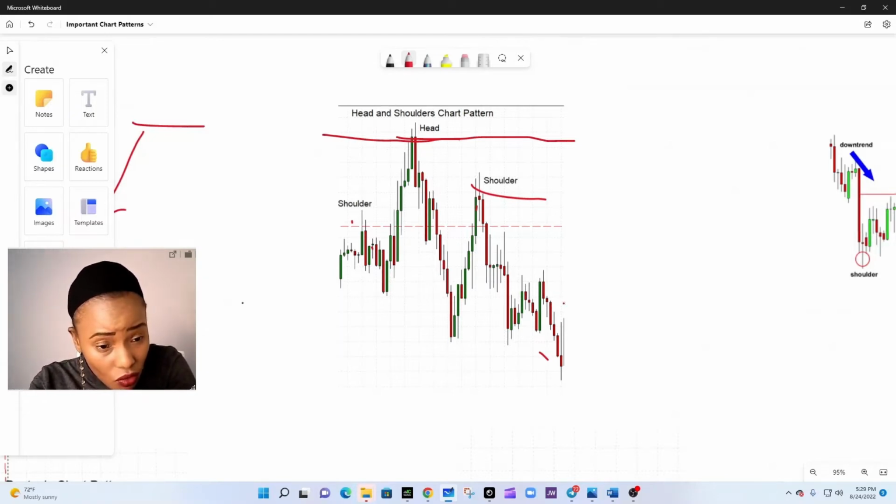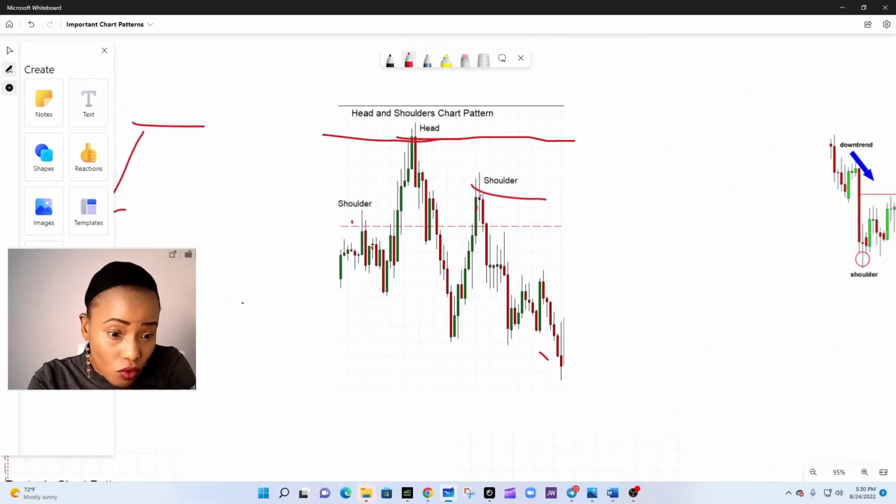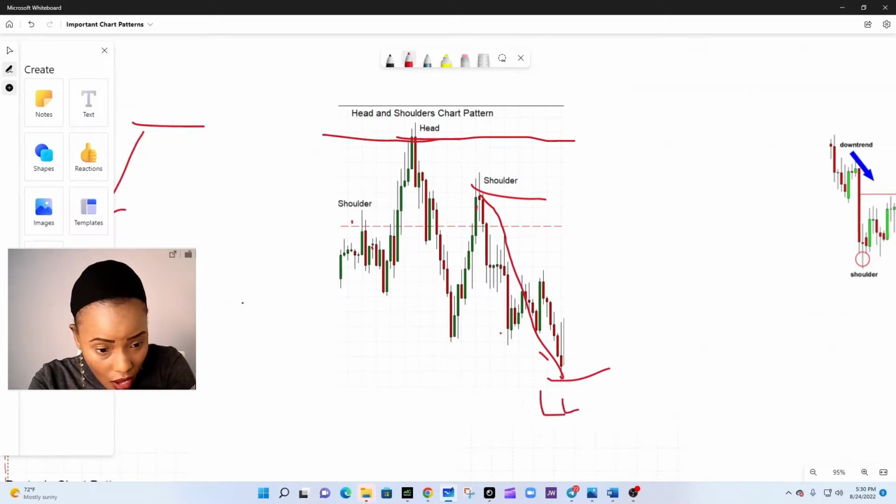What is the safest way of looking for your trade entries, especially for beginners? You wait. Once the third peak has been formed, and you've clearly seen it did not take out the head, price has started moving lower, price has shifted to the selling cycle, you look for your candlestick pattern that will confirm your entry. And the safest way is to wait for this impulsive move to form a lower low. A lower low that is lower than the neckline that has taken out this neckline here,